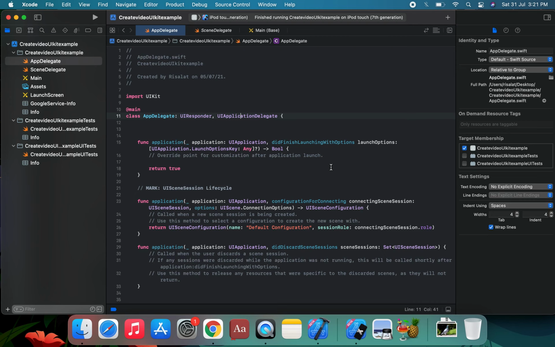Okay. So first of all, we are going to discuss what async await is. It introduces asynchronous functions into Swift, allowing us to run complex asynchronous code almost as if it were synchronous. This is done in two steps.